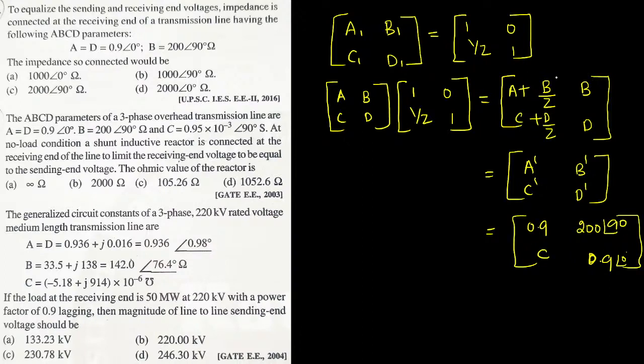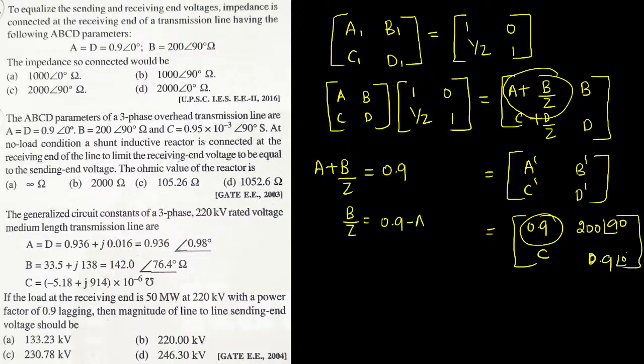Let us see. If we compare, see here what we obtain. A plus B upon Z equal to what we got? We got 0.9. Am I right, sir? The total value equal to 0.9. From this, what I can say is B upon Z equal to 0.9 minus A. Next step from this, Z equal to B upon 0.9 minus A. Finally, let us substitute all the values. B is already given. What is the value of B? B is given as 200 at an angle of 90 degree divided by 0.9 minus, we have to substitute the value of